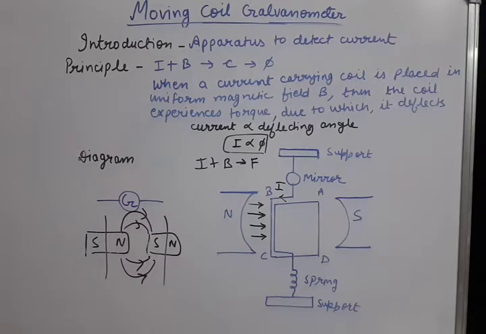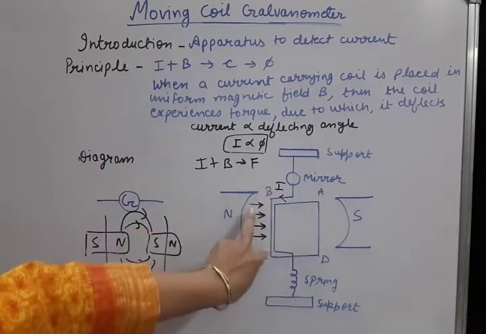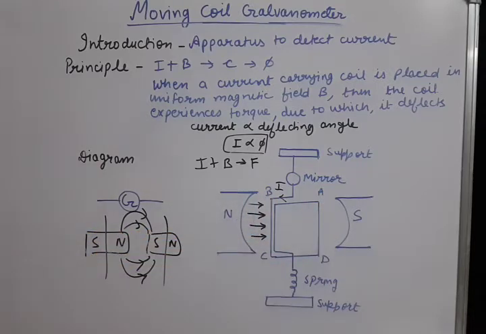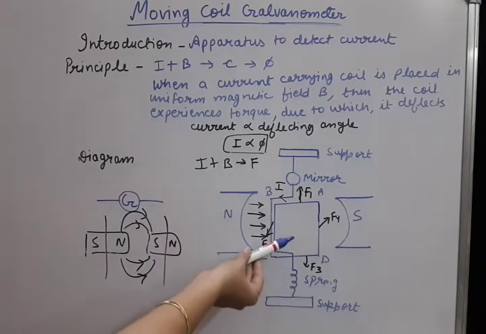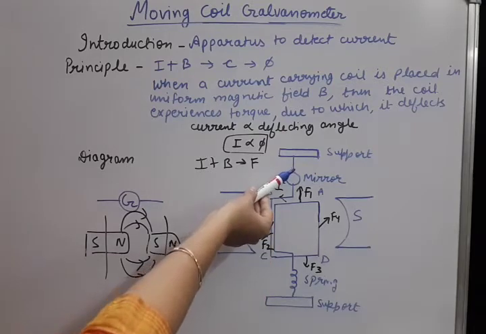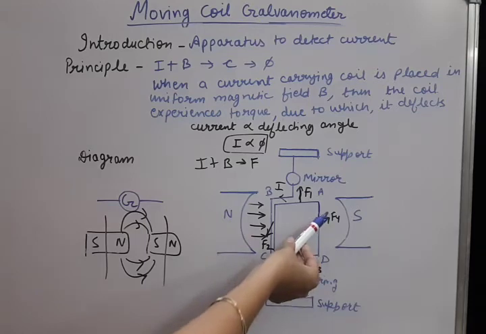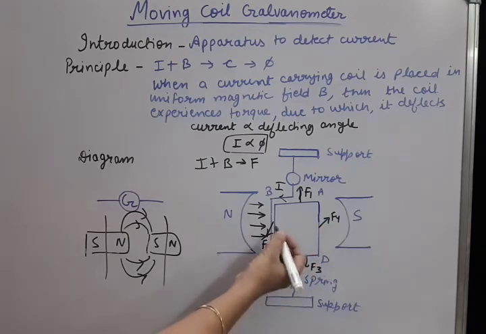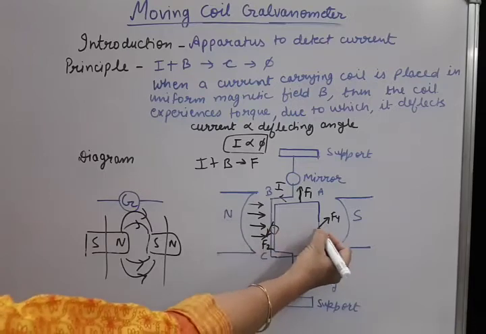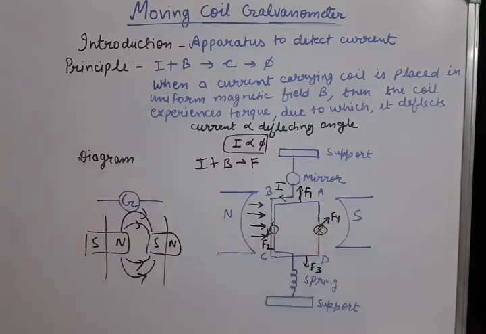This we have already completed in the torque heading, torque on coil. So here also all the four sides of the coil will experience forces, F1, F2, F3, F4, and the directions of these forces are found out by Fleming's left hand rule. The forces' direction we can show in the diagram. F1 force is upward, F2 force is normally outward, F3 force is downward, and F4 force is normally inwards. So we can show F2 and F4 by dot and cross also.